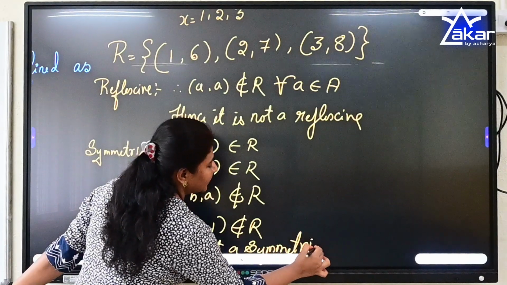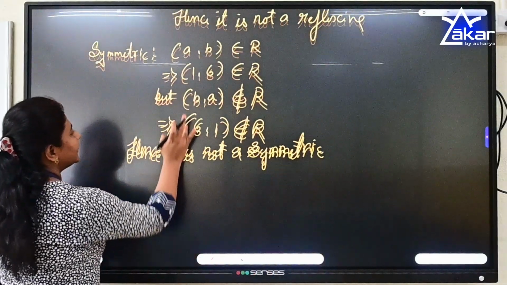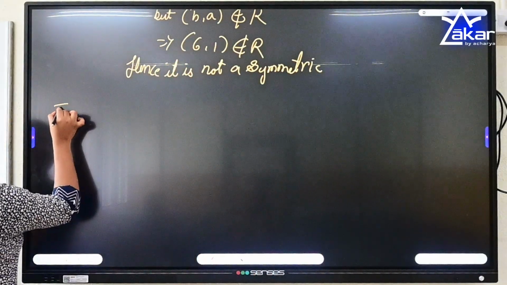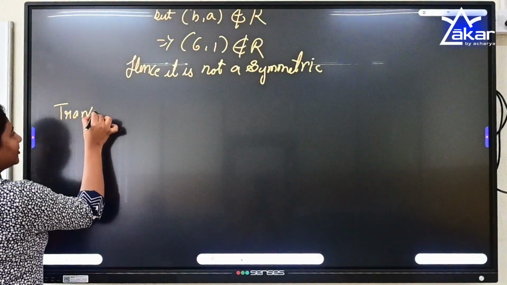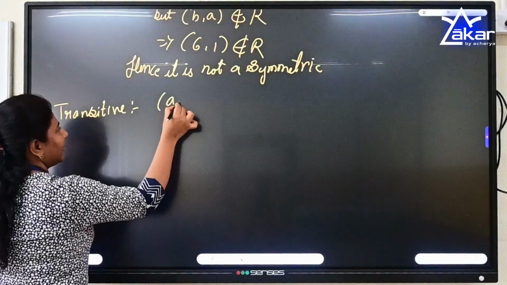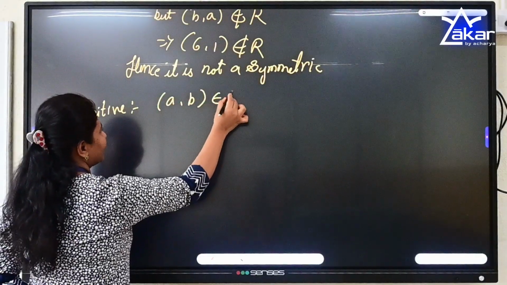Next, what is the third condition we need to prove? The third condition is the transitive condition. So what does the transitive condition say? You need to check for three conditions. The transitive condition says that if (a, b) belongs to R,